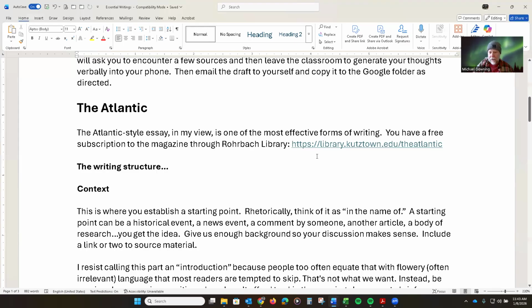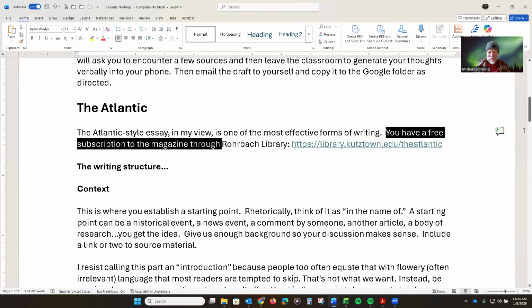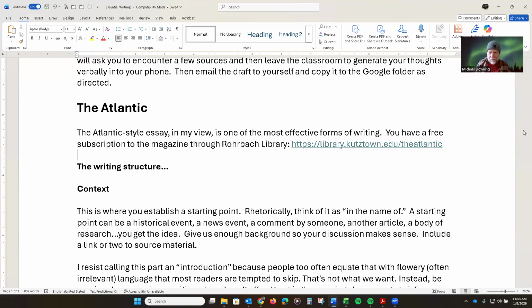So back to the Atlantic style essay. You have a free subscription, you've paid for it, right, to the magazine through Rohrbach Library, and there is the link. We will set this up in class, and you will start reading Atlantic essays. The essays also often have an audio component, so you can listen to them. Go for a walk and listen to it. Then open up your email and compose, I just listened to an article on blah blah blah, and it said da da da da da da da da. And what will happen is you'll start to attract